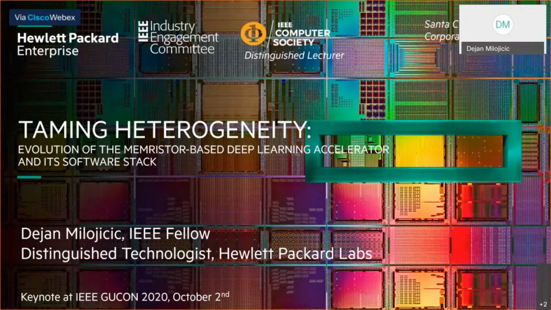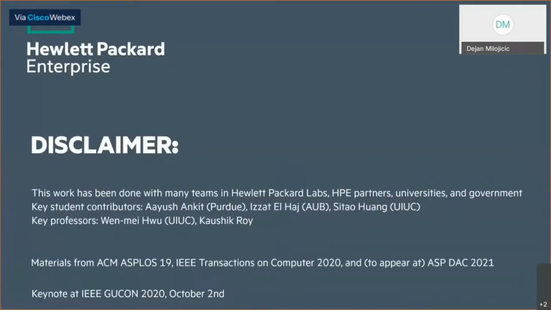to continue that growth that Moore's Law had, but now with some other technologies. And this is going to be the topic of my talk. Specifically, there's a lot of heterogeneity nowadays, and I will focus on one specific technology, that is Memristor-based Accelerator, which we call dot product engine. I also want to point out that this is really a result or work of many, and by no means was it only my own contribution.